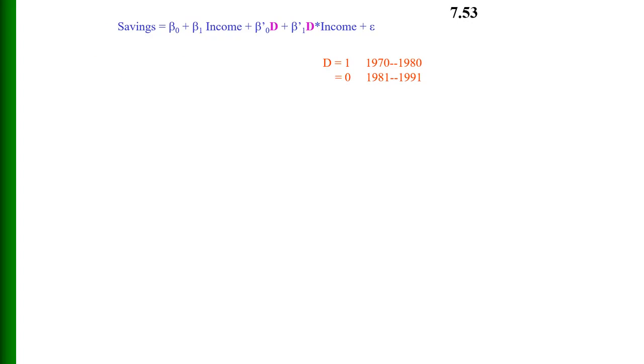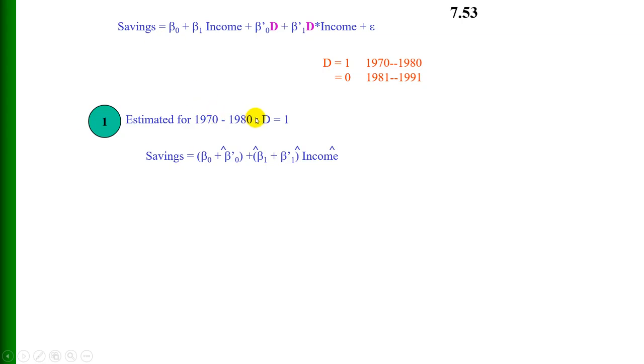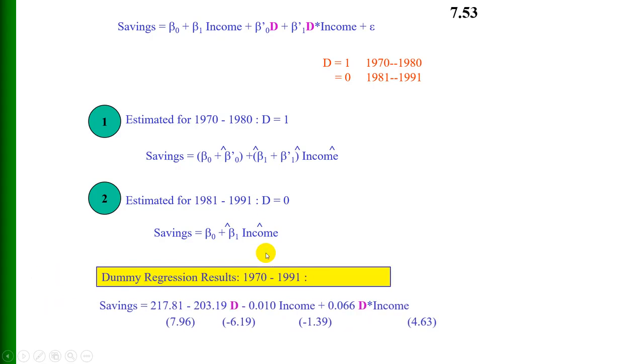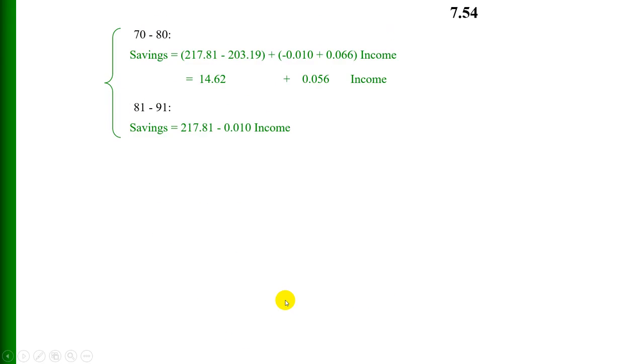So we have this model. This is the estimated for 1970 to 1980 when d is equal to 1, and this is for 1981 to 1991 when d is equal to 0. So the dummy regression results are this, and this is for 70 to 80, and this is for 81 to 90. So we have this, and we have this,